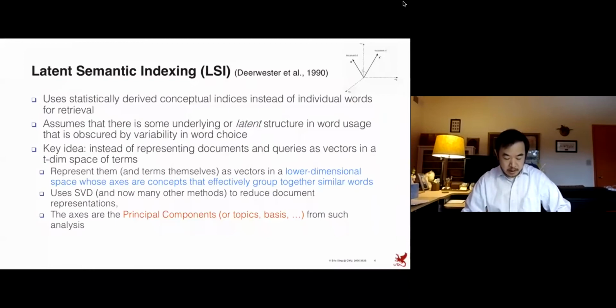Okay, so there are a lot of different ways of understanding this technique, but the key idea is that instead of representing the document and